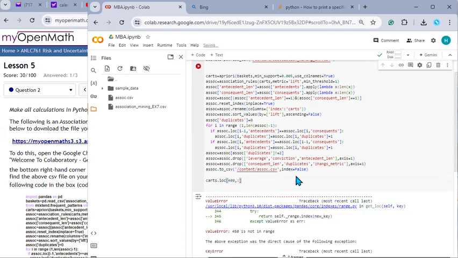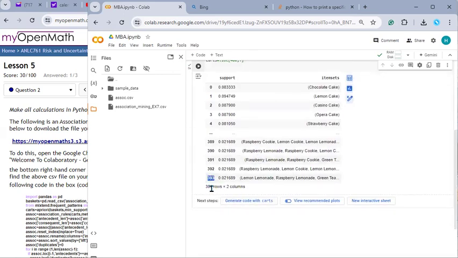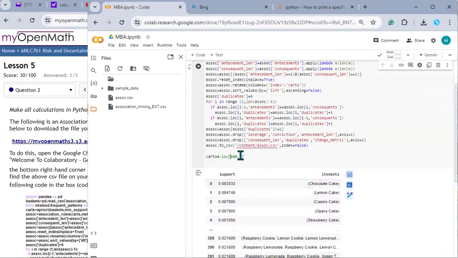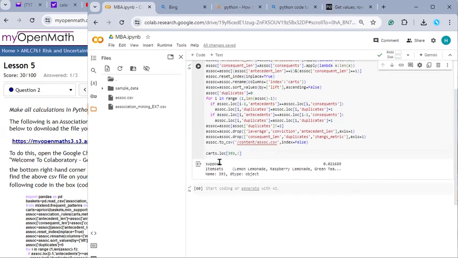All right, we got to find out what the last row was, right? I'm going to put a hashtag in front of this period, and that'll output carts. And our last row is 393 because we have 394 rows. So let's do this. 393. Got to get rid of the hashtag. Now in row 393, which is actually row 394, you have